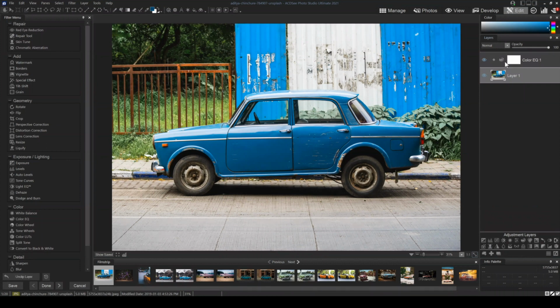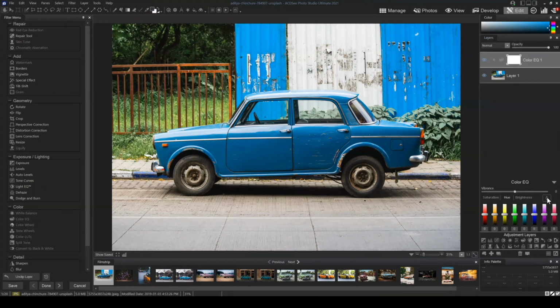But the actual color EQ itself now has all these pickable elements that are within my image. For example, if I wanted to dramatically increase, let's say, the saturation within this orange, it's going to look for every part of my image that represents these orange spectrums and then increase it. In this case, we got our gate. We didn't affect any of the greens or blues or whites in this image, but we have increased the oranges